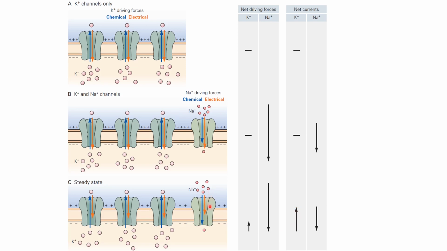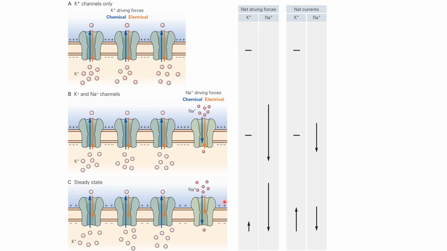So the sodium ions are moving in, trying to make the membrane more positive, and these potassium ions will start moving out, and as the positively charged ions move out, they will try to make the membrane more negative. So both these ions are moving and trying to change the membrane potential in opposite ways. Sodium ions are trying to make it more positive and take it towards their equilibrium potential, which is plus 55 millivolts or so. And potassium ions are trying to move out to make the membrane more negative towards minus 75 millivolts.